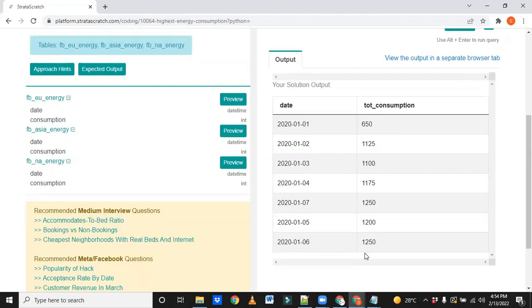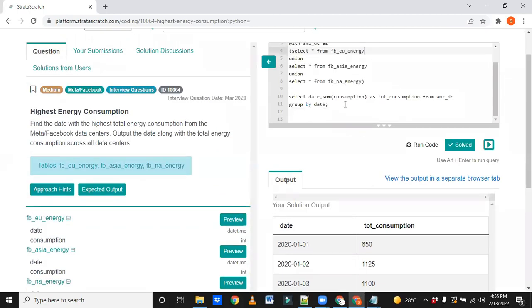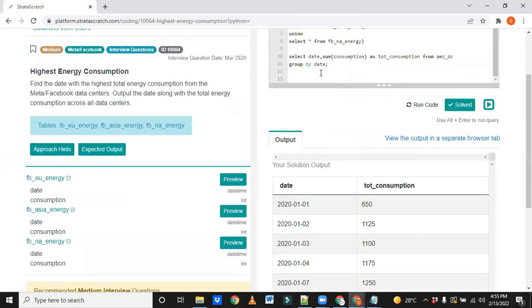We got the data, but what do we have to pull from this data? Highest consumption, right? Highest consumption and date. If you see 1250, I'm seeing it twice, against the 6th day and 7th day. I don't want the rest. So if we want to pick this, what may be our next condition? If you do descending, this is the output.